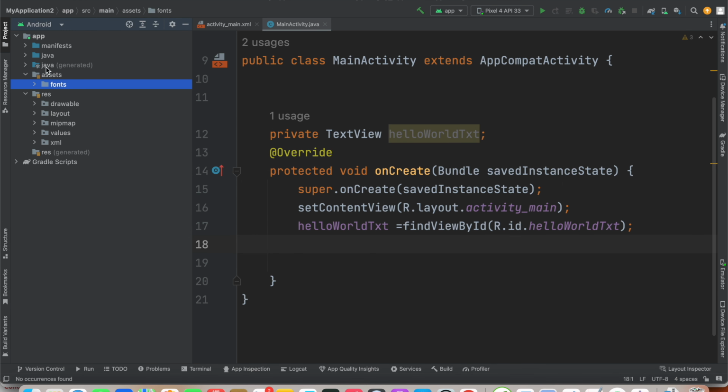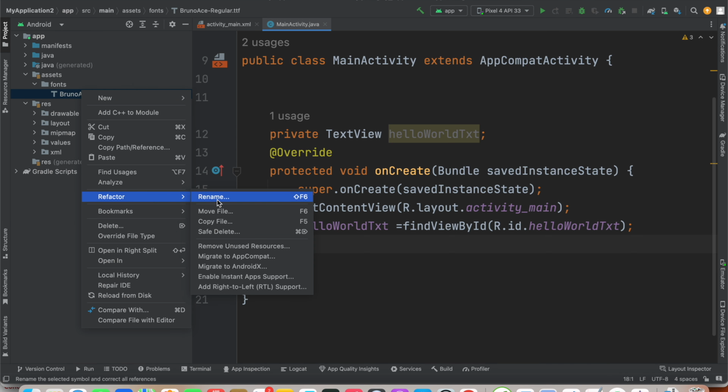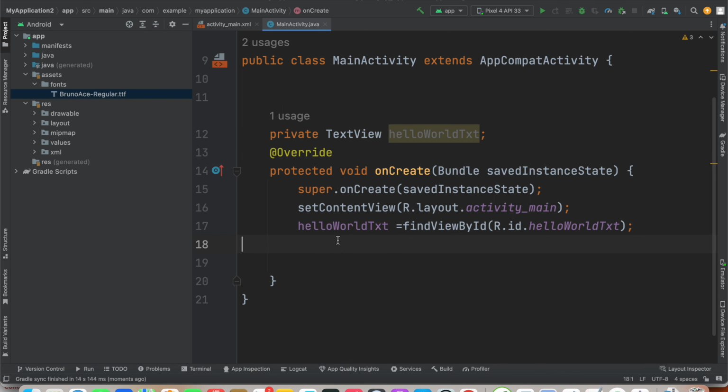The next step is copy your TTF file name including the extension. Right click on it, click refactor, click rename, and then select everything. And after that, here in the Java code I am going to create a new